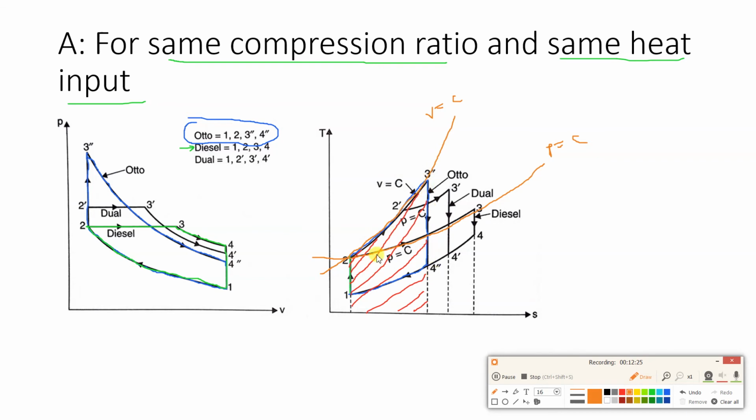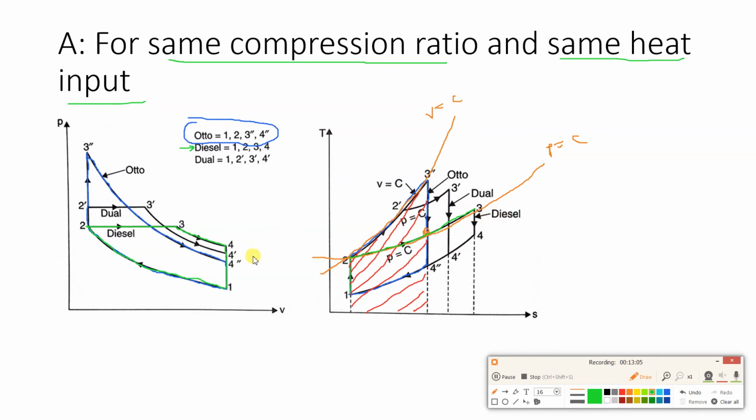So that is why here you can see I start at point number 2 and the constant pressure curve will go beyond this vertical 3 double dash and 4 double dash. Why? Because if you stop at this point, you can see area under this curve is less as compared to 2 3 double dash. But same heat input is required. So basically this heat is supplied from 2 to 3 and it goes up to here. So this is constant pressure heat addition 2 to 3 in case of diesel cycle.